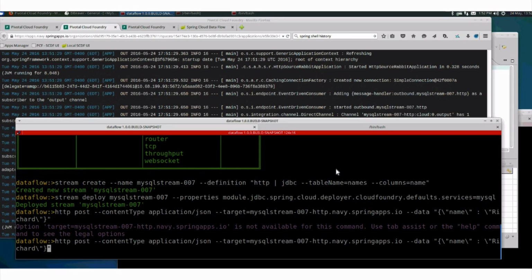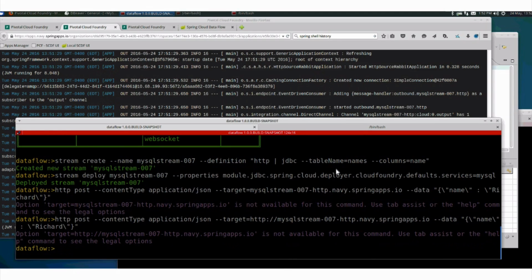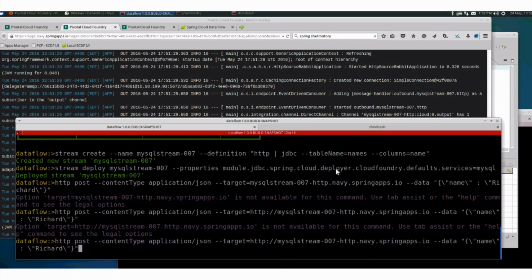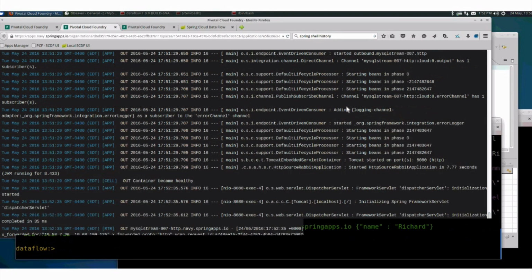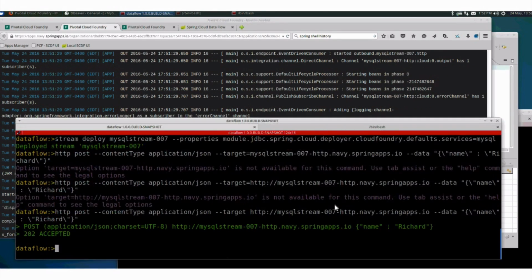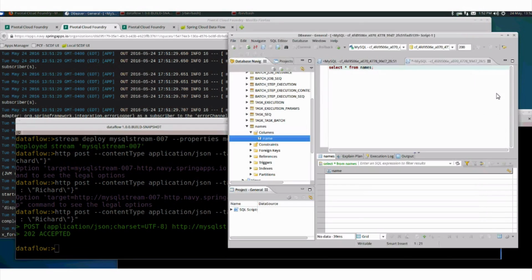Oh, I forgot to put HTTP. No equal sign. There we go. So it received it, and if I go back now to the little SQL browser, you'll see